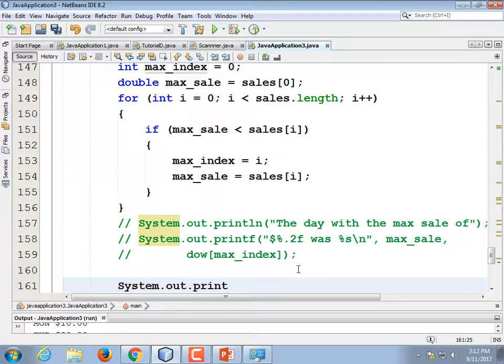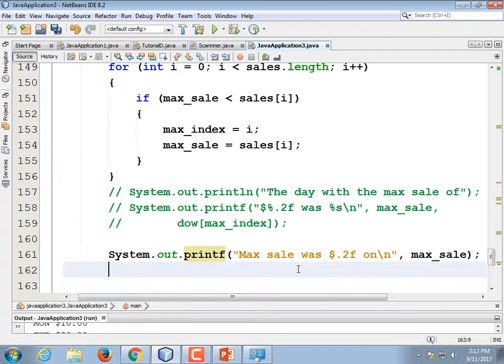System.out.println or printf, max sale was %.2f on, and then \n. So we're going to print out the max sale,